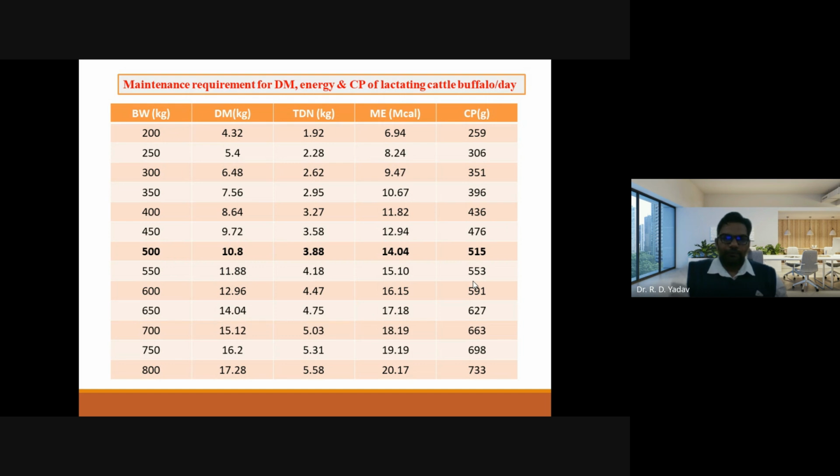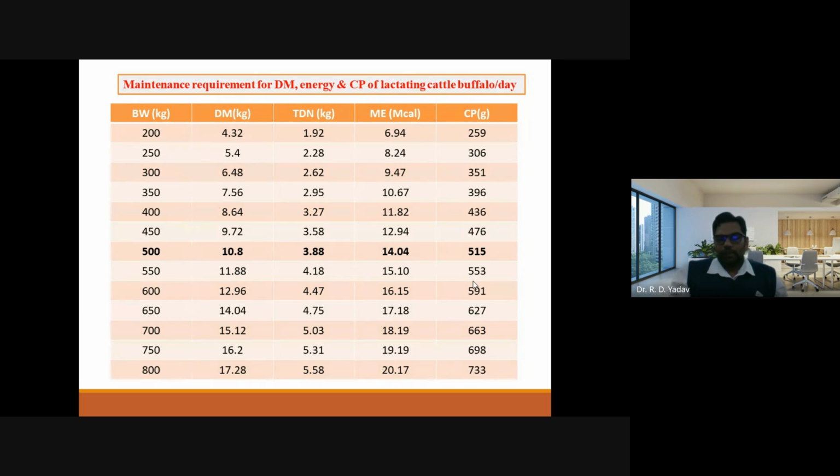Likewise, for 400 kg body weight, the dry matter requirement is 8.64, TDN requirement 3.27, ME requirement 11.82, and the CP requirement